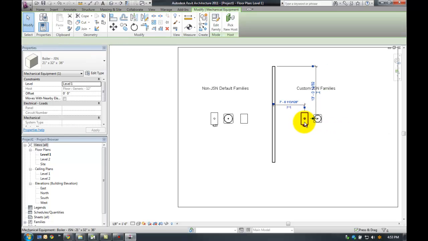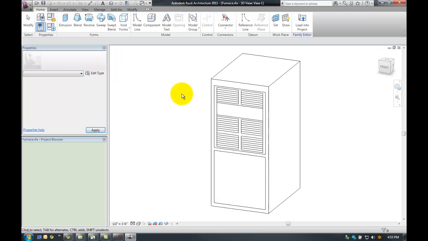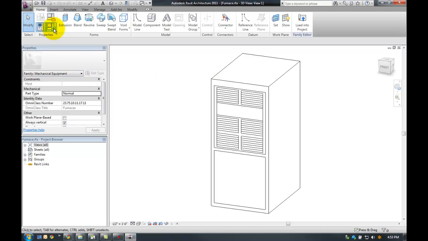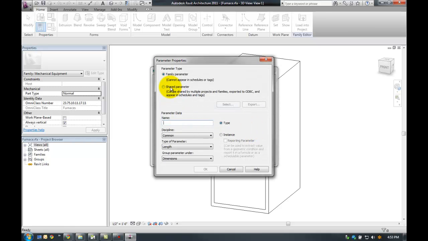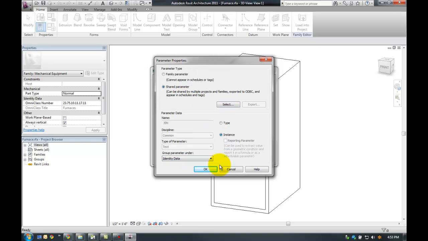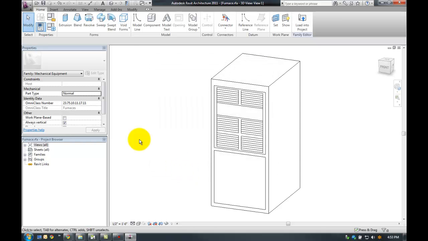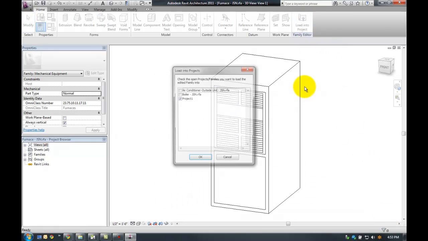Now I've got a JSN on that side, and the only thing left is my furnace. Edit the family on the furnace. Go up to my types, add in a new parameter. Hopefully this is getting repetitive. Identity data, make it an instance, click OK again, file, save as family, pop it onto the desktop, JSN, save. Load it into the project,